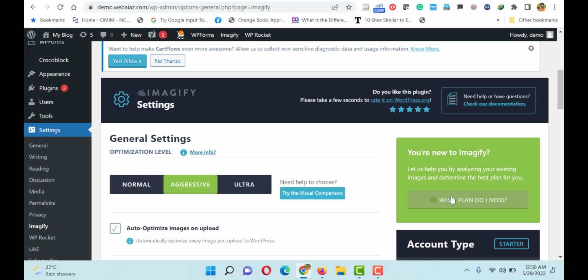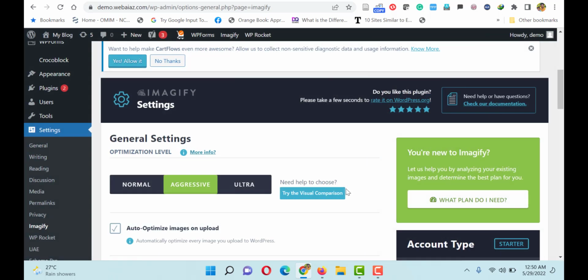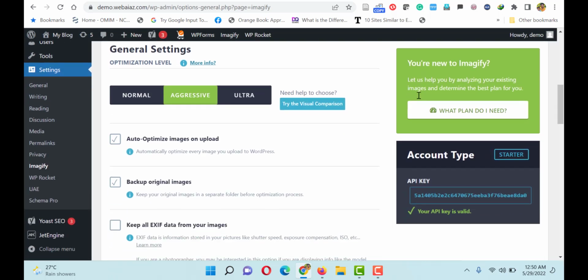You can click here, "What plan do I need?" It will analyze your website and say you have 65 images with the size of 17 MB. So the free plan is enough to optimize your images. So it recommends the free plan. So close this one. Here I am using the ultra,